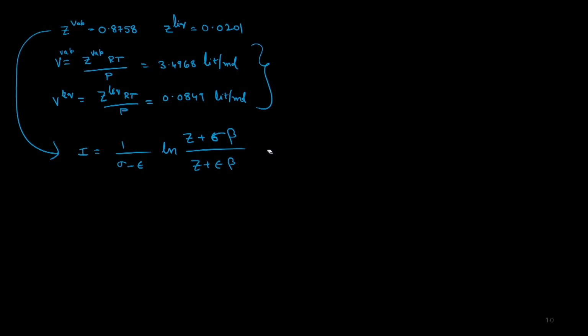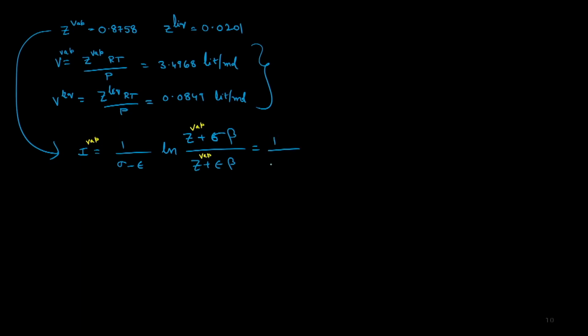So what we'll do then is, let's say we want to calculate the residual enthalpy for the vapor phase. So we will use the expression for I and replace Z with Z for the vapor, so that what we end up is calculating I for the vapor phase, which in turn will be used in calculating the residual enthalpy for the vapor. So I'm going to plug in this value of Z for the vapor phase, sigma, epsilon, and beta to calculate